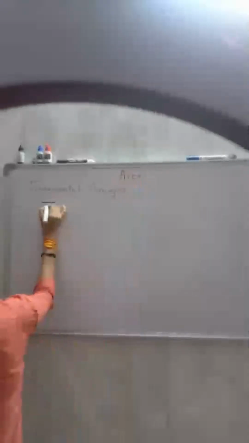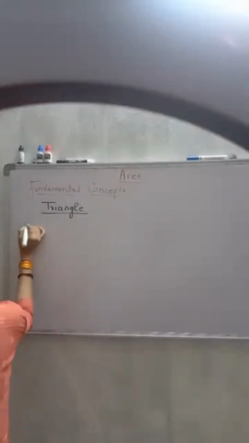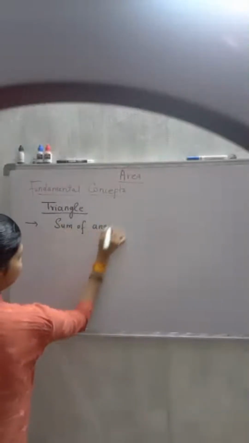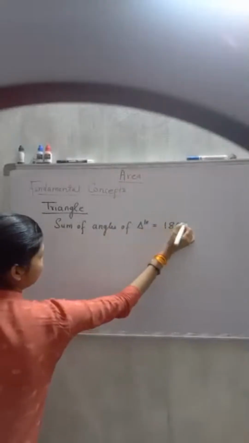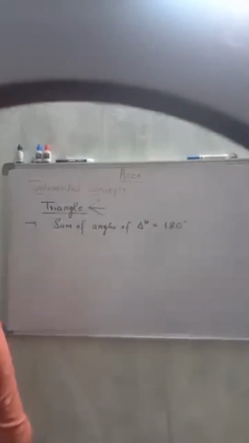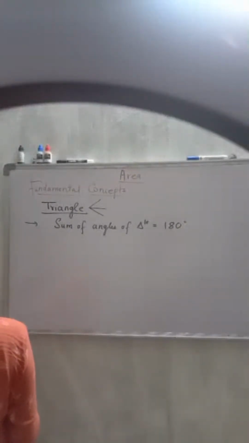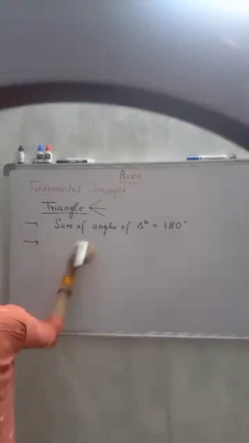सबसे पहले स्टार्ट करते हैं विद ट्रायंगल. Triangle. We know the sum of angles of triangle is 180 degree. Okay, 3 टाइप्स के ट्रायंगल होते हैं, स्केलर, आइसोसेलेस and equilateral. So in each triangle, sum of angles of a triangle is 180 degree, and apart from the sum, we know